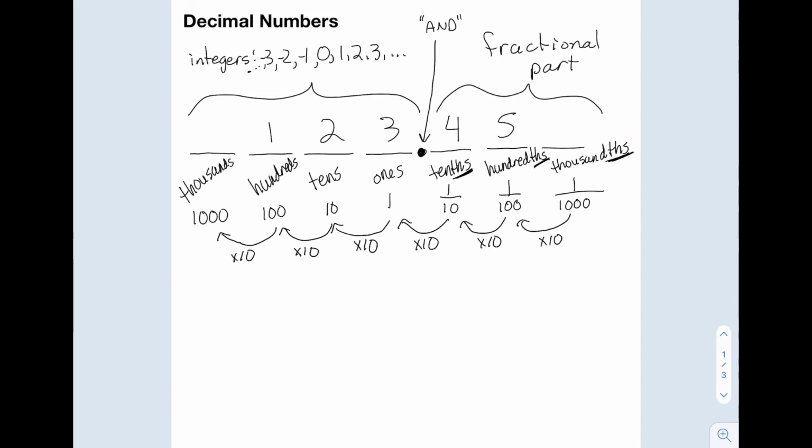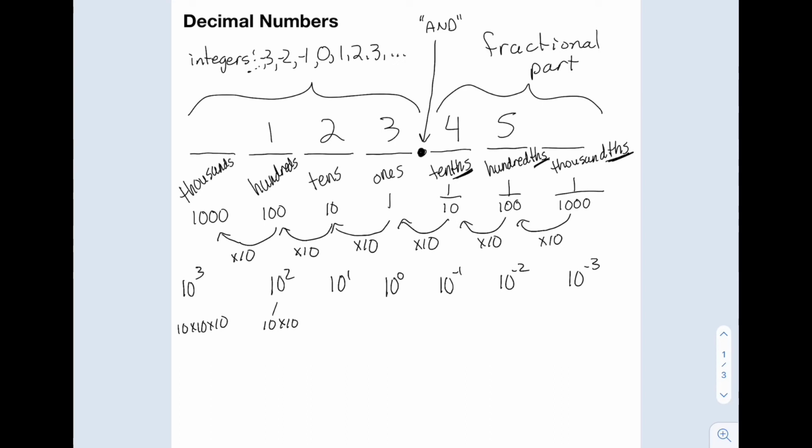We can write this in terms of exponential form, where here with the ones we have 10 to the 0. Tens are 10 to the first power. Hundreds are 10 squared. You can think about that as our 10 by 10 flat. Thousands are 10 cubed. That was our 10 by 10 by 10 cube that we formed there. When we go to the fractional part, we now use negative exponents. So 1/10 is 10 to the -1. 1/100 is 10 to the -2. 1/1,000 is 10 to the -3. And obviously we can extend further to the left and the right here, going to the 10,000s and the 10,000ths